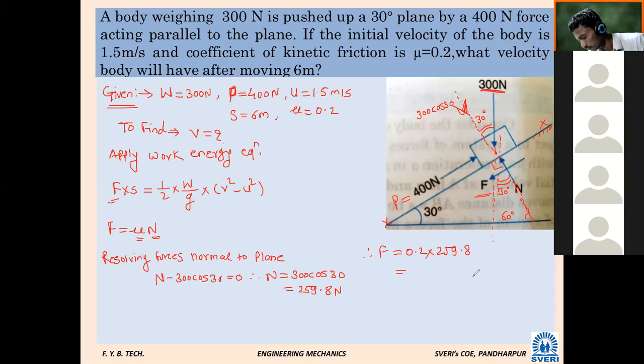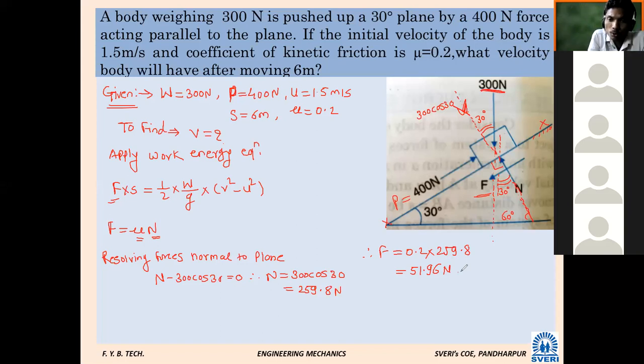51.96. Force is 51.96 Newton. Now whatever equation we are going to apply,